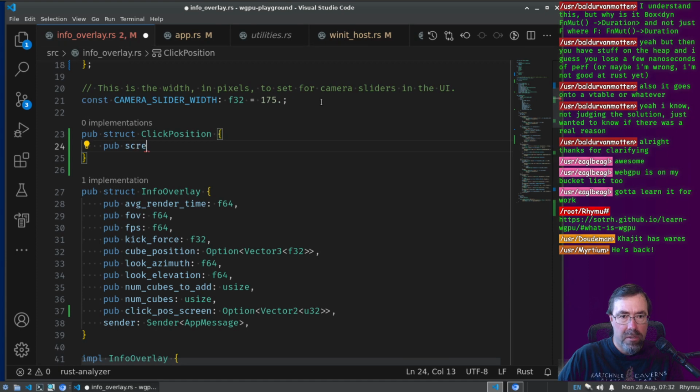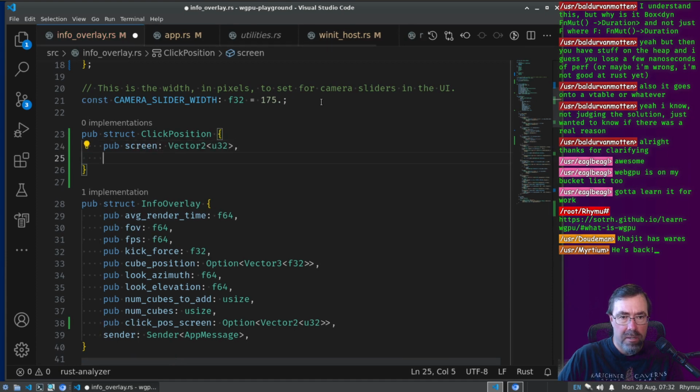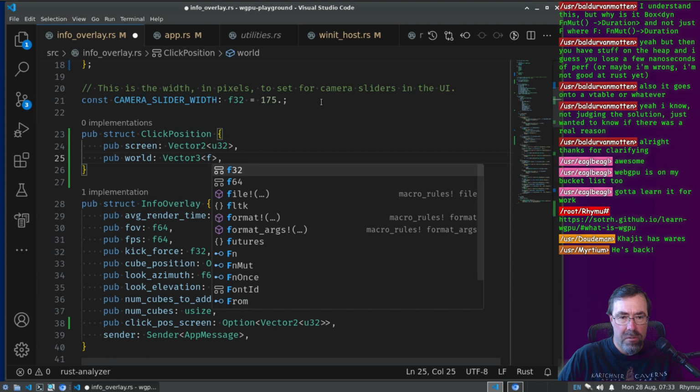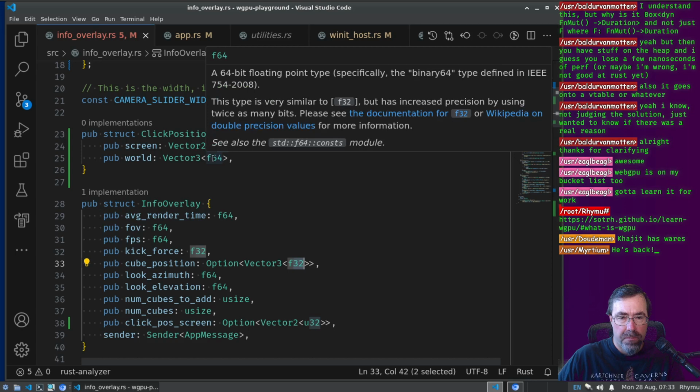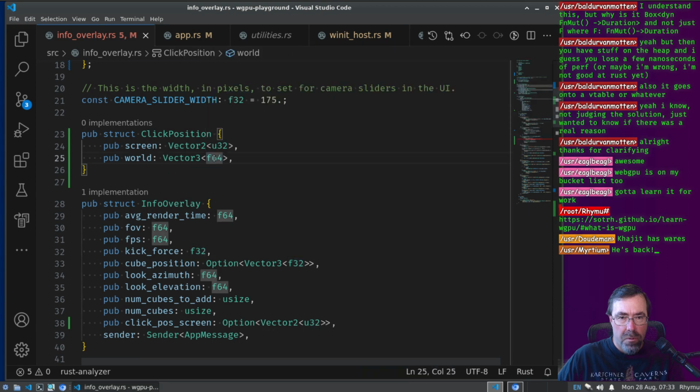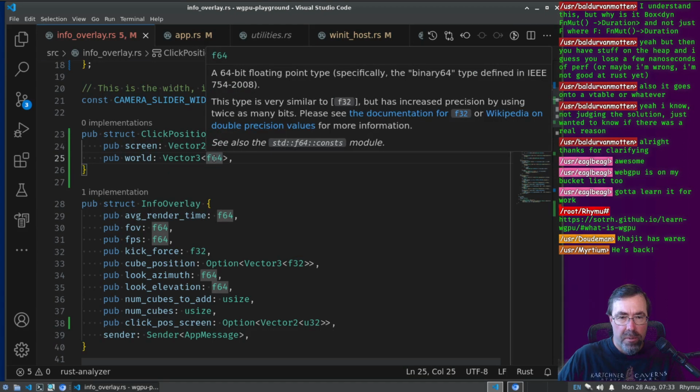Pub screen, and then pub world is a 3-dimensional vector with F32s in it, I guess. 64s. I can't remember